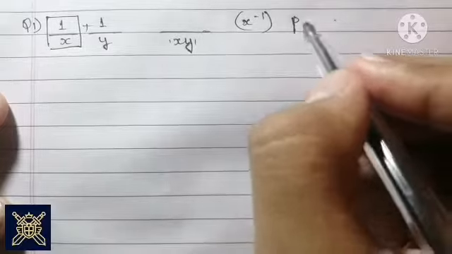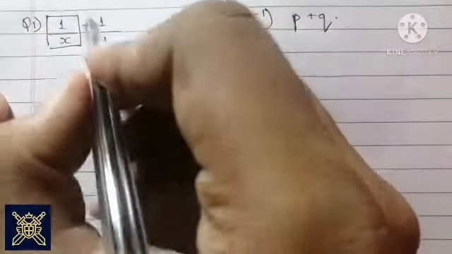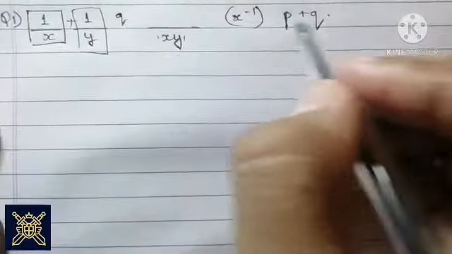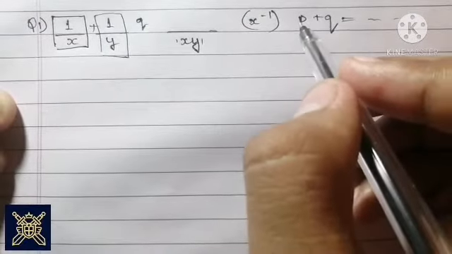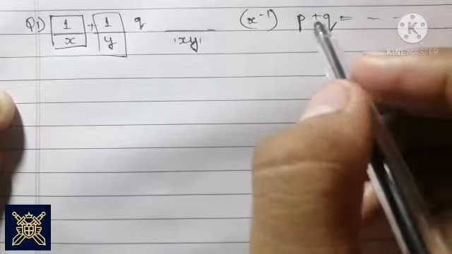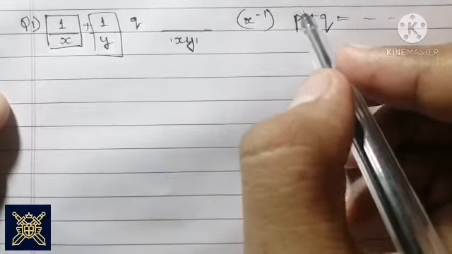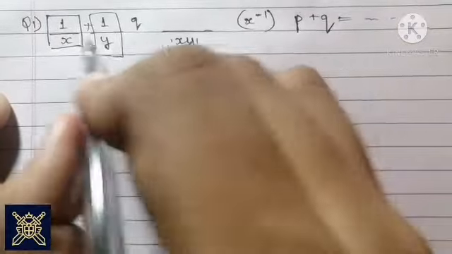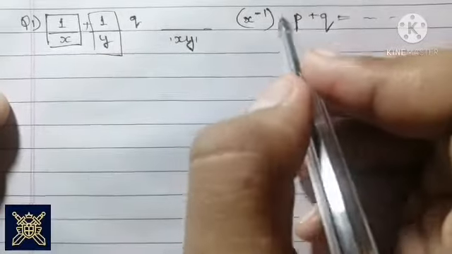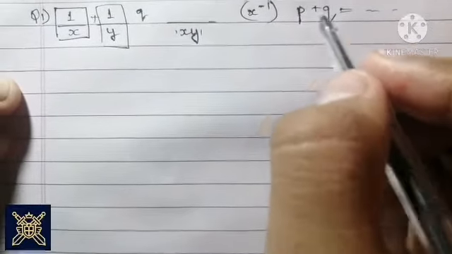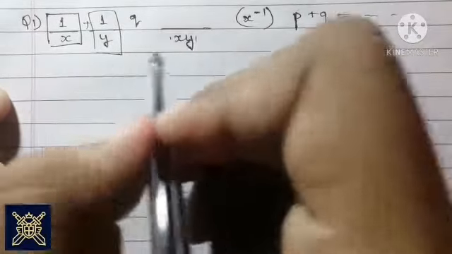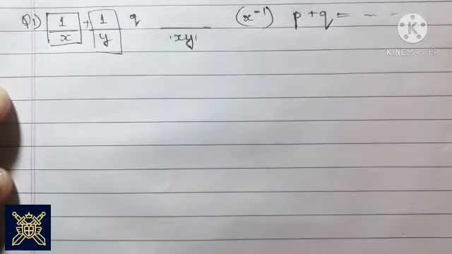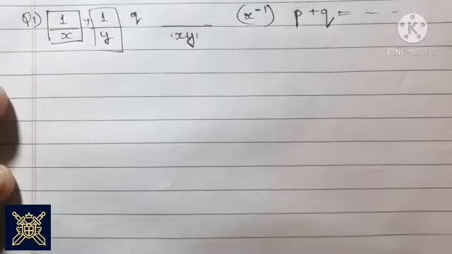So the equation turns to p plus q, and the other one, when you take it as q, becomes p plus q is equal to something. After getting the values of p and q individually, they will be in the numerator only, not in the negative part as in this case 1 upon x. And once you have got the value of p, then you can find the value of 1 upon x. So let's start with the first question, and you will get to know what I was trying to explain.